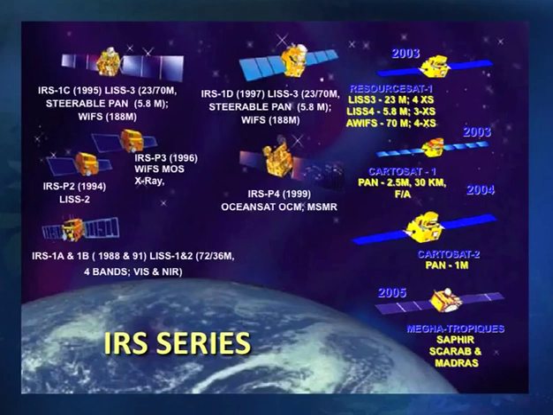Meters, then 5.8 meters, now it comes to the 1 meter. Now we have less than 1 meter objects also seen by the satellite survey. So, these are the photographs you can see in the slide: IRS series, various satellites are present with their spatial resolution capacity to capture the images.